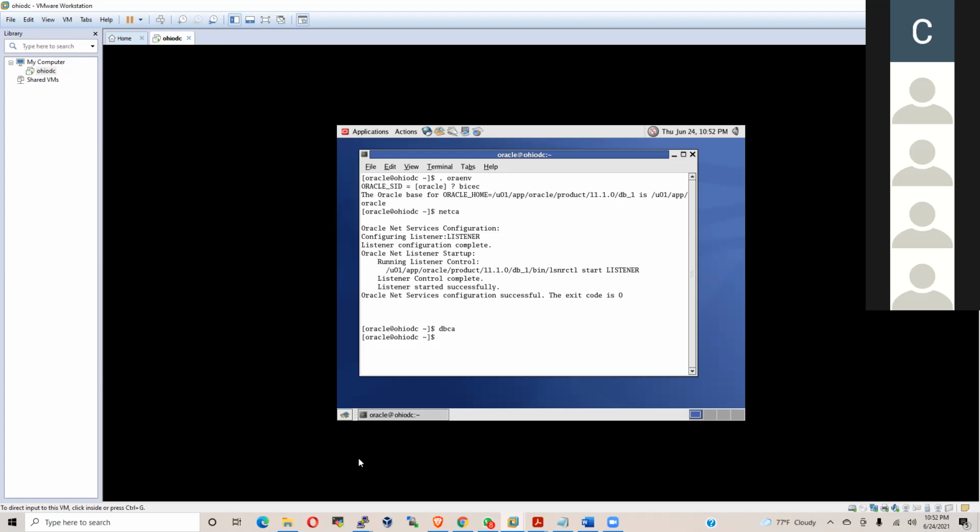Now, how do you create a database on a physical server? Can anyone explain to me? Only if you have the server in VMware, you can log into the VMware and open the GUI. But without entering into the VMware, how can you create a database? Just Putty.